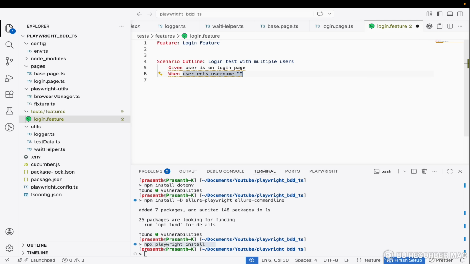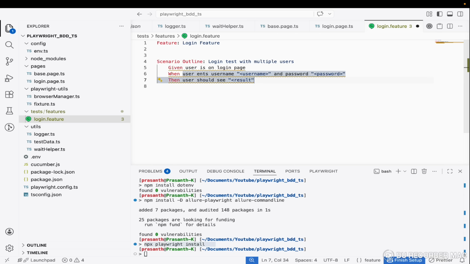In double quotes you pass username, this should be the same across, and password in double quotes, then user should see